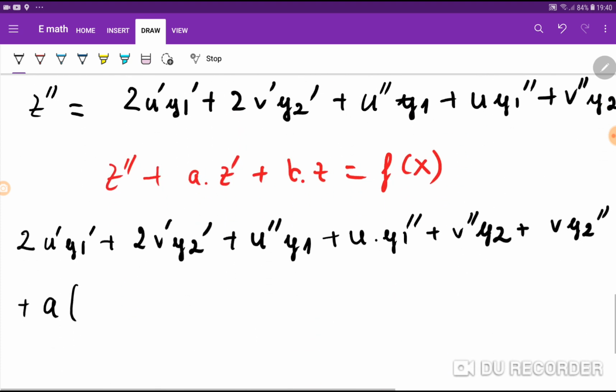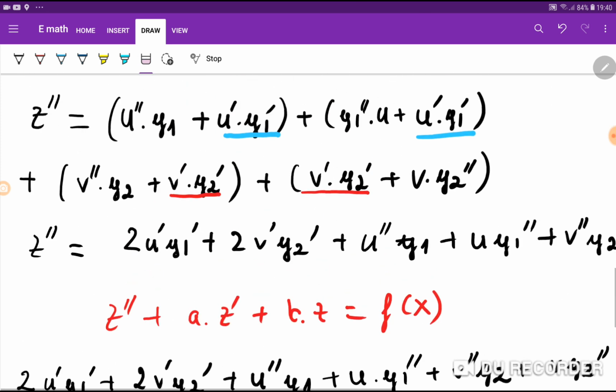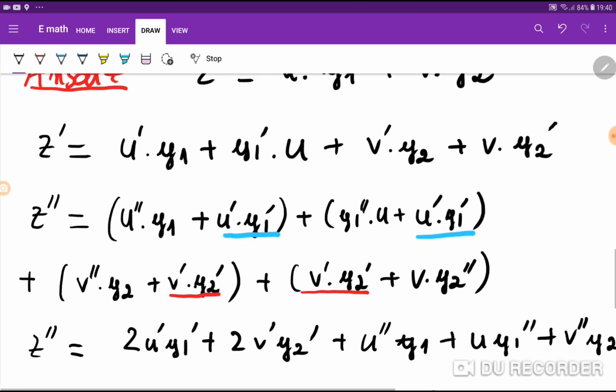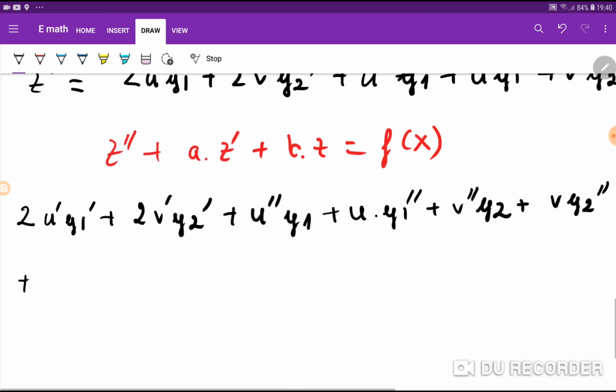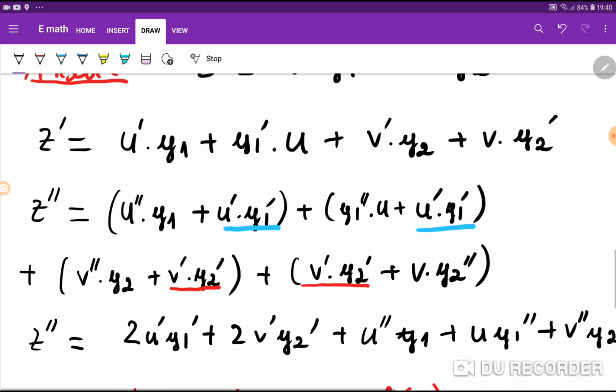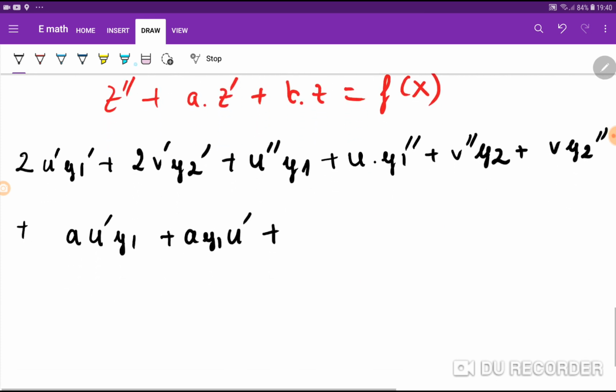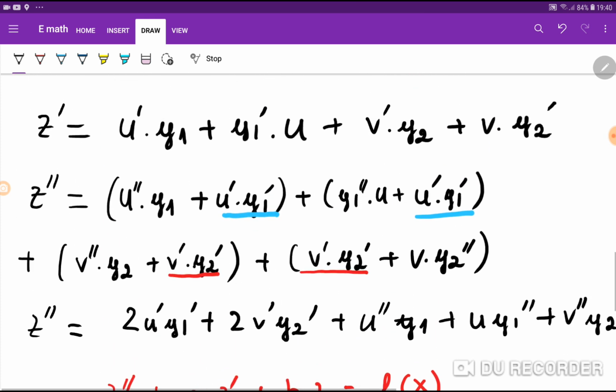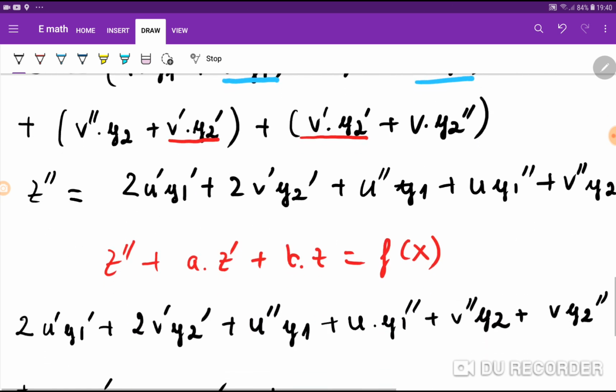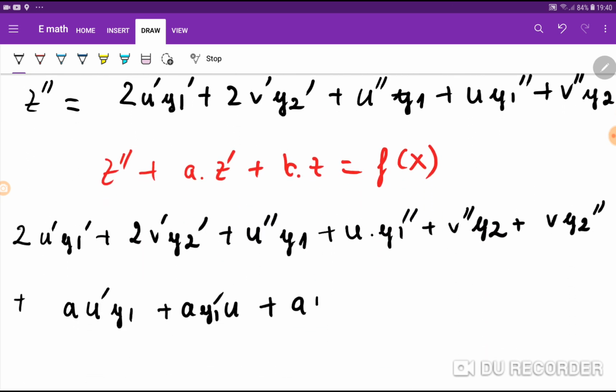I don't have to write a times, so I'm going to write 2 times. I'm going to multiply a directly to z prime. So it will be a u prime y1, a u prime y1, right? a u prime y1, a y prime 1 plus u a y1 plus u prime. Oh no, a y1 prime u, right? A y1 prime u. Okay, a v prime y2 plus a v prime y2 plus a